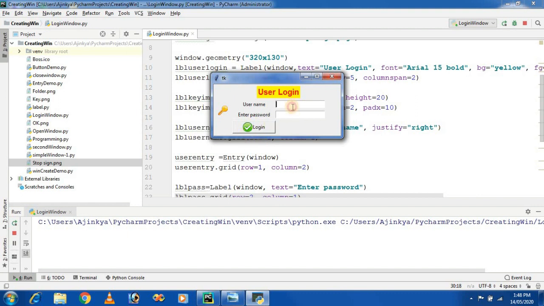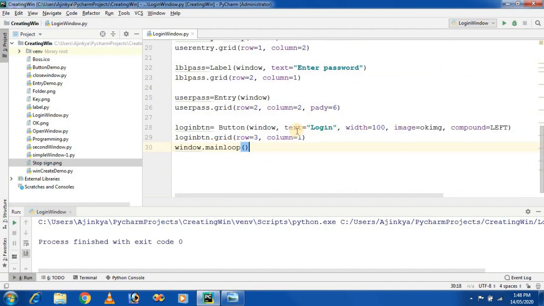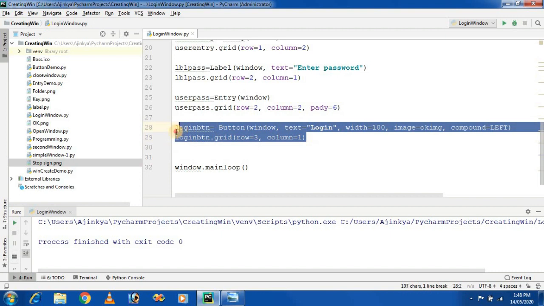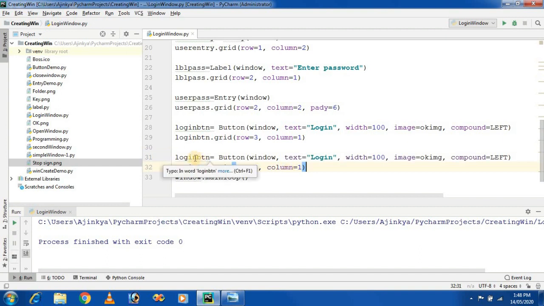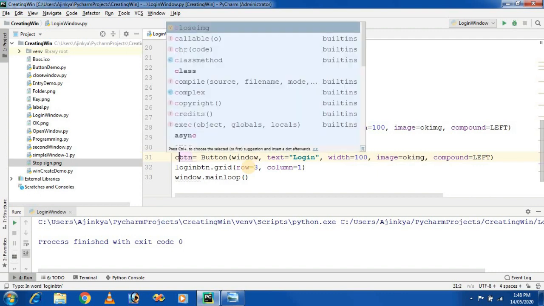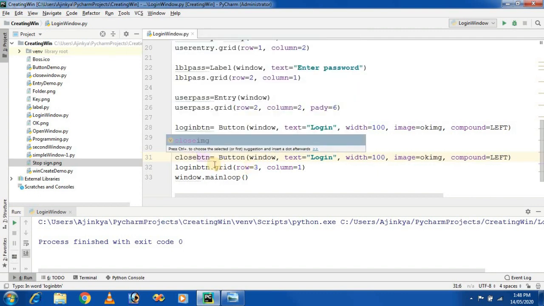So this is the entry widget, label and buttons. So create another button. I just copy this code and paste it, changing it to the close button.